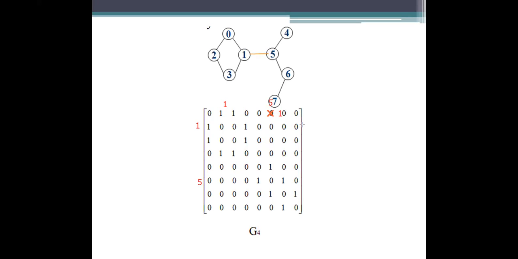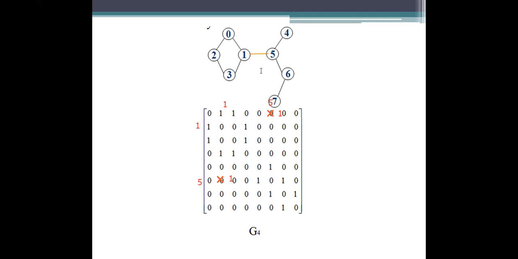That is undirected. So here there lies a path from 1 to 5, which means the way from 5 to 1 is also there, and we need to replace that value with 1 here. Okay.